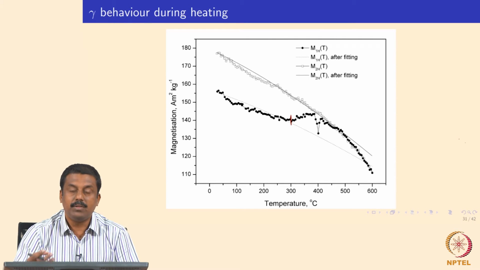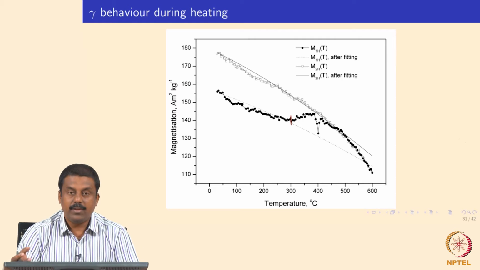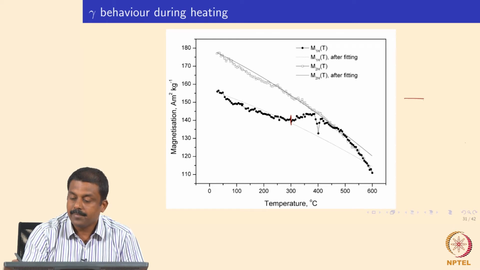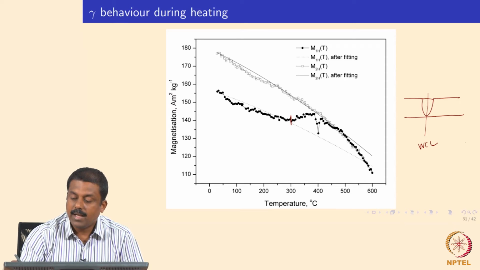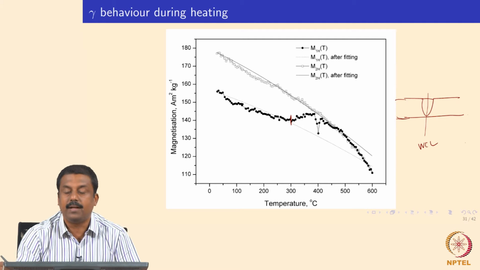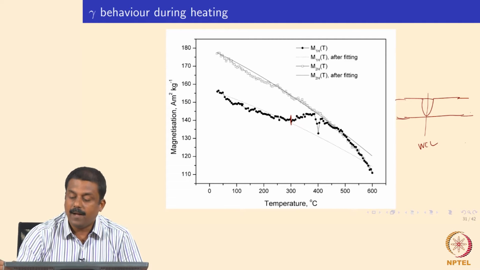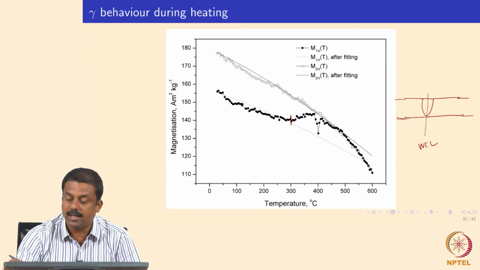So, in order to understand how the retained austenite fraction changes along the weld, the heat affected zone as well as the weld zone, we will have to measure the magnetic saturation at varying points, right. For example, you have a weld region, and this is the weld center line. Now we need to understand, as a function of distance from the weld center line, how the retained austenite fraction can change, because that is going to determine the microstructure of the various regions across the heat affected zone as well as the weld zone.